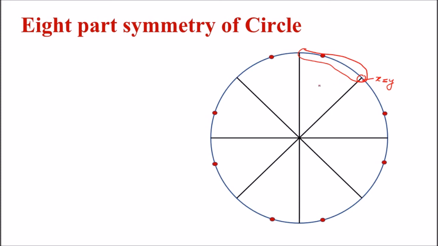into the remaining 7 octants. Now how can you replicate? Suppose this point is x comma y, then a similar point is available in this octant, that is y comma x. We are actually not interchanging the coordinates, we are interchanging the values. If it is 2 comma 5, then it will be 5 comma 2. We are not interchanging the axis. Similarly here we have y comma minus x, and here we have x comma minus y. So similarly all the 8 points we will have related to one point from this octant.